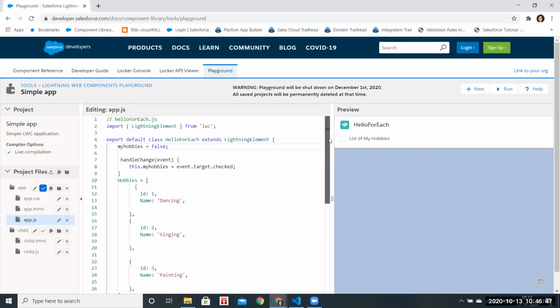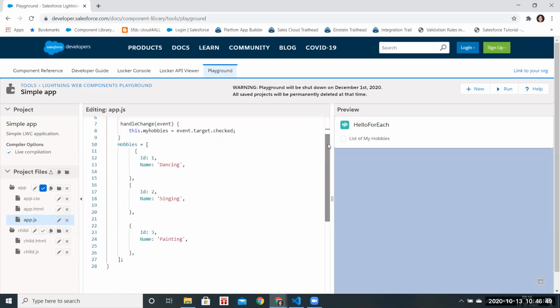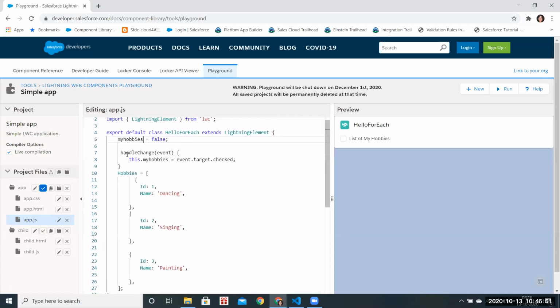Initially my hobbies is false, and then this dot my hobbies will be working when it is checked, event dot target dot checked. This is the list of IDs and name. So I click on it.